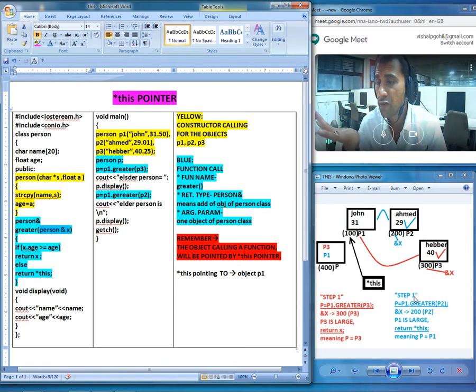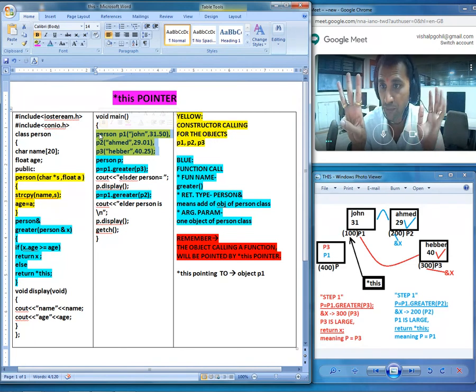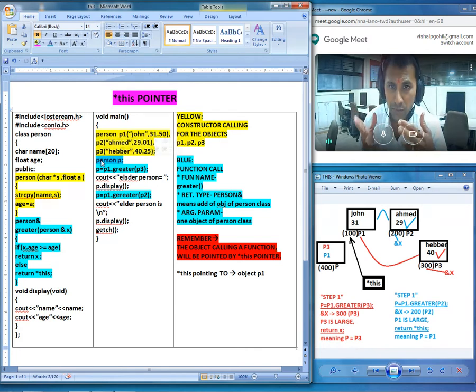In the main function definition, we have 3 objects created in the first line itself: P1, P2 and P3. All the objects are given in the diagram, P1 object followed by P2 and P3. Once again, an object is created. This time no arguments are being passed, that means the default constructor will be called. Nothing is going to happen.